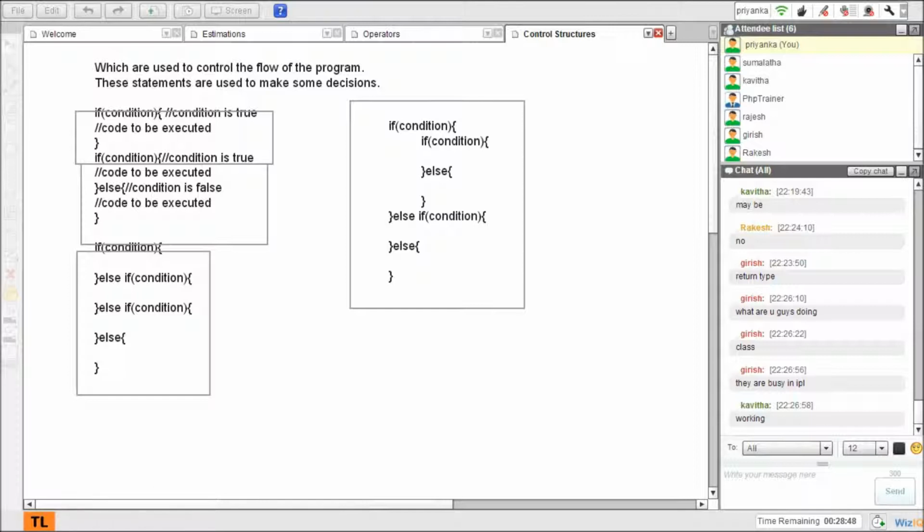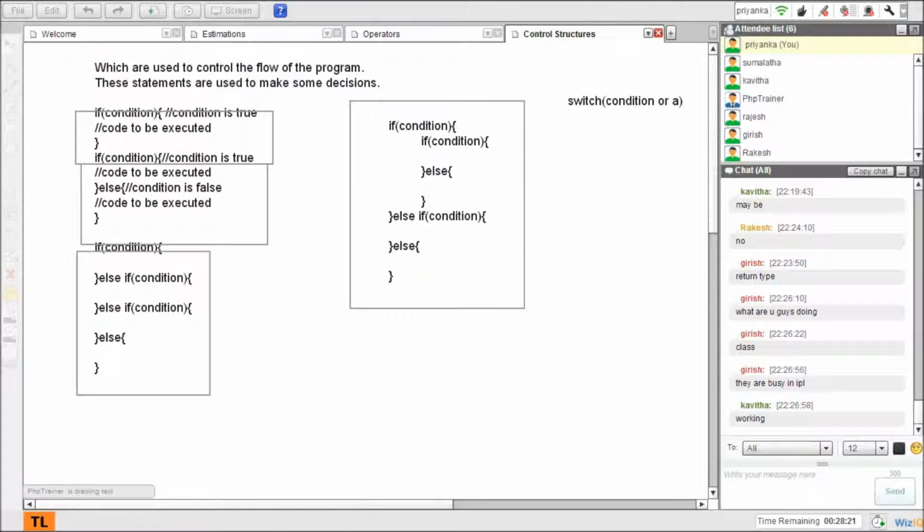Alright, so we have one more, which is called switch. Switch acts just like the if else ladder. Instead of writing so many if else conditions, I can write them in a simple manner using my switch case. So this is how it works. Switch, whatever, a condition or a value.